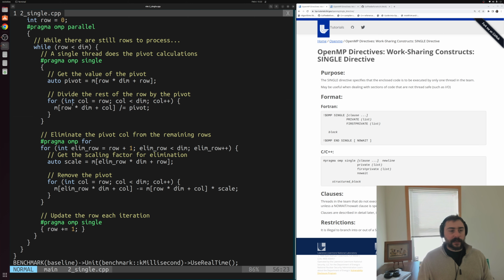So let's take a look at the right-hand side of the screen, where I have the Lawrence Livermore National Lab tutorial on OpenMP up, specifically the section on the single directive. It says that this single directive specifies that the enclosed code is to be executed by only one thread in the team. This may be useful when dealing with sections of code that are not thread safe, such as I/O. It also says down here in the clauses that threads in the team that do not execute the single directive wait at the end of the enclosed code block unless a no wait clause